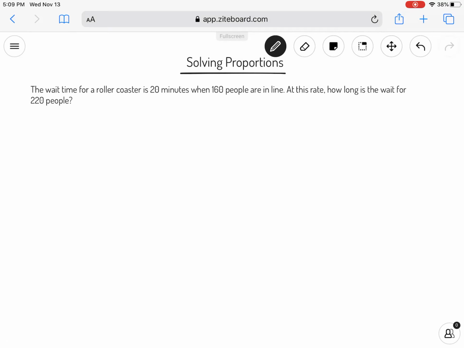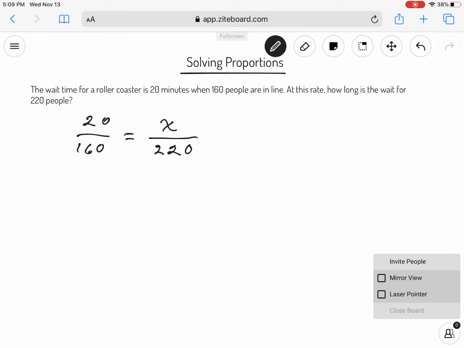we would just set up a proportion of 20 minutes for 160 people, and x is the number of minutes for 220 people. And then we just have to solve this for x. Okay, and to solve this one for x, we simply have to take